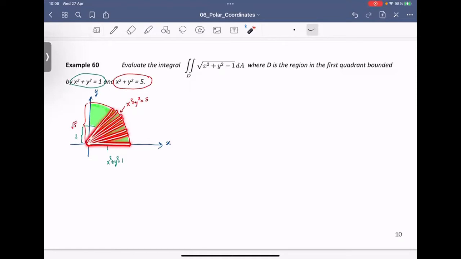This way you don't have to split the region, because any time you start from the pole, you go to the red curve here, draw the ray here, and then you can see every time it's going to start from the green one to the red one all the time, right? If you do it that way, it is fine for polar coordinates. So we are going to use polar coordinates,